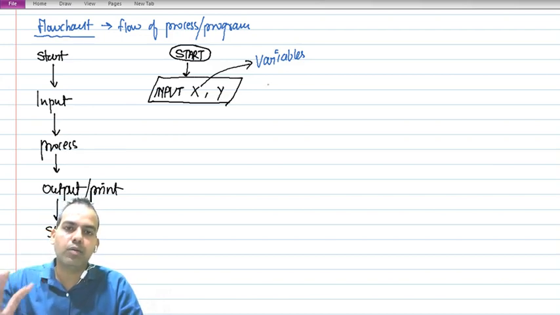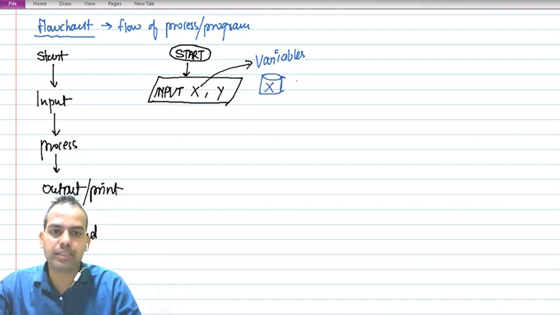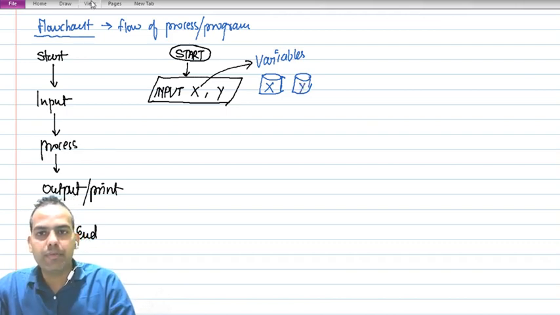So you can think of it like a bucket. This is a blank bucket. It has no value as such. There are two buckets I am giving to the user to put values in. Now the next step will be